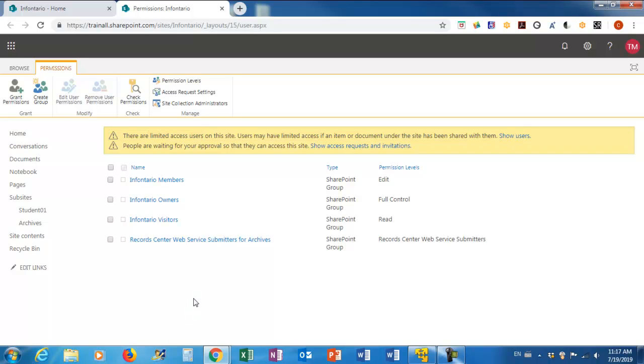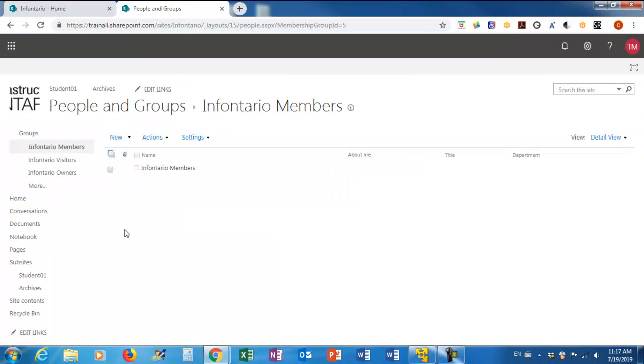Now, if we have a look, of course, I am actively logged on as the owner. Let's see if there are any members. There are no specific members. There is a group, but there are no specific members. Now, I am going to go back,